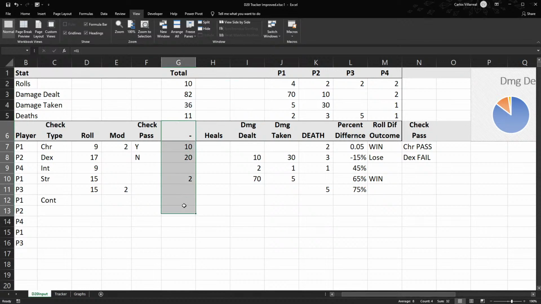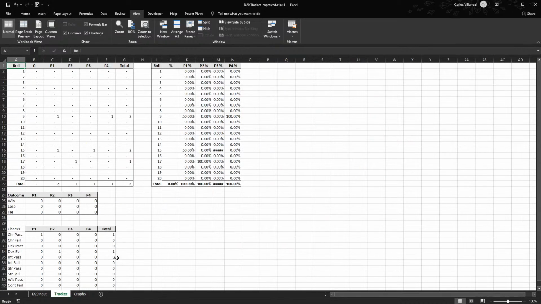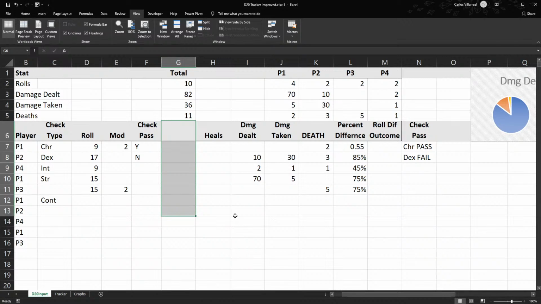Forgot that cleared this too. So then do that. Go to our tracker. Delete the DM. Oh, right, this is DM. Okay, and they're gone. We'll worry about moving all that stuff later. Not really important. So let's see here. We've got all of our players, we've got our checks, rolls, modifier, YN. That makes it a little bit easier. So this is for the check pass, and this is maybe for the